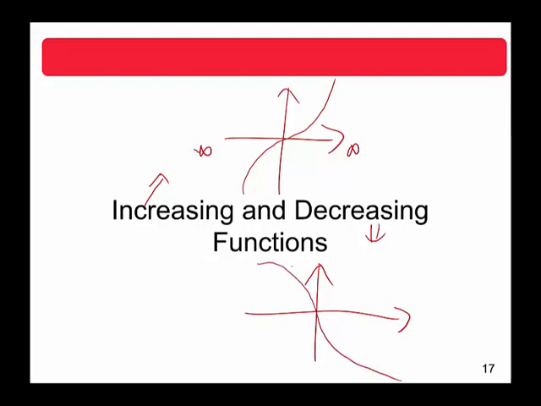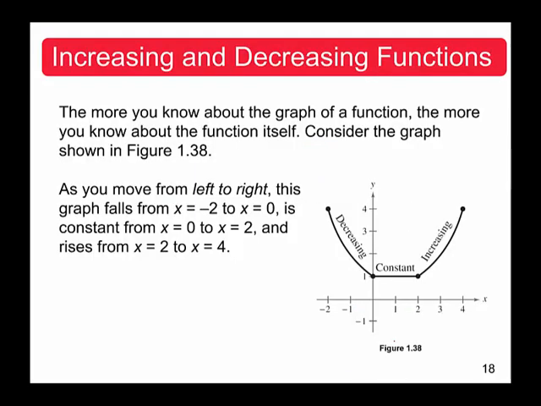This is decreasing all the way from negative infinity to infinity. It's going downward. This is going upward. So for increasing and decreasing functions, we have 3 major categories. First one is, look at this graph. We have 3 different